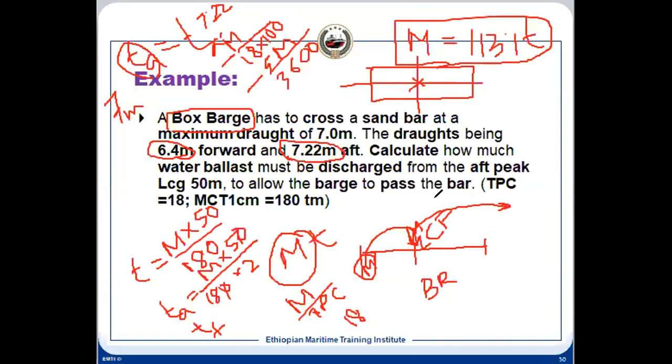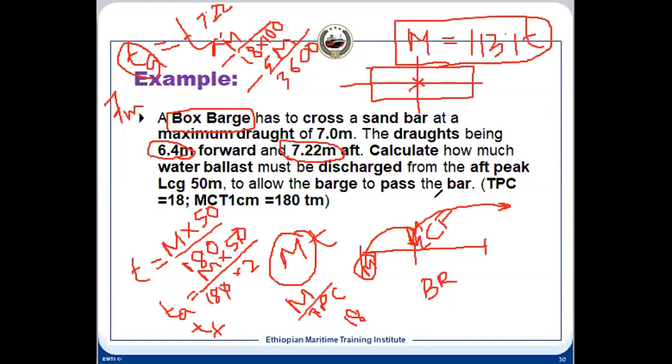So now we'll have to do something else also. We cannot end here. Why can we not end here? We have achieved an aft draft of 7 meter. But when you have removed the mass from the aft, the forward draft has increased or not? Forward draft will increase. So we need to verify that the forward draft is not more than 7 meter. If it is even keel, 7 meter.